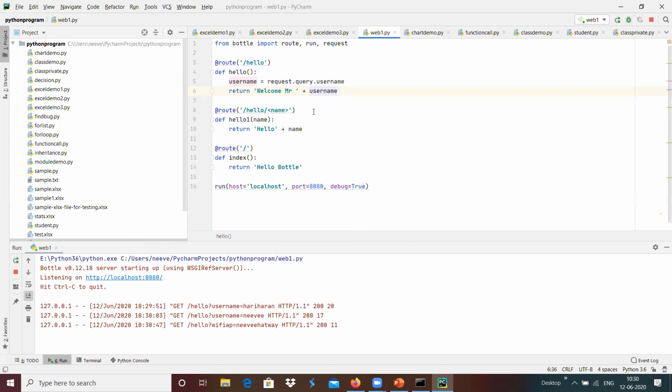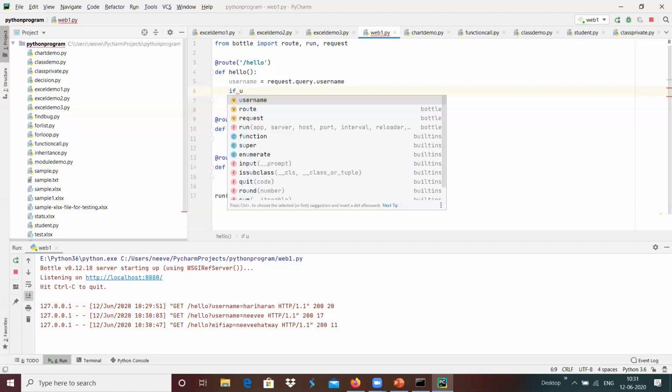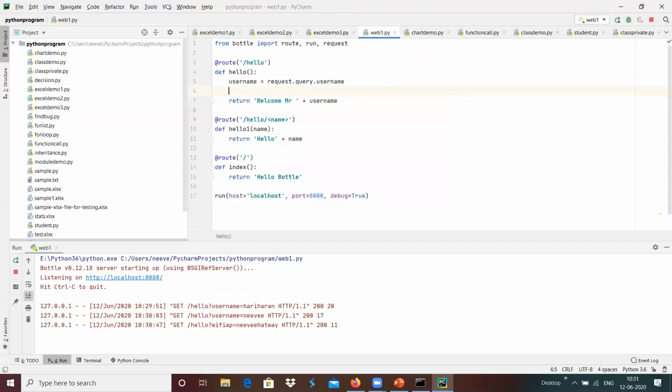For example, over here, I'm going to receive it. In a similar way, I'm going to use Wi-Fi AP equals request dot query dot Wi-Fi AP.